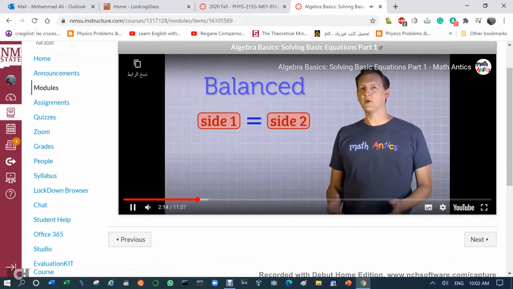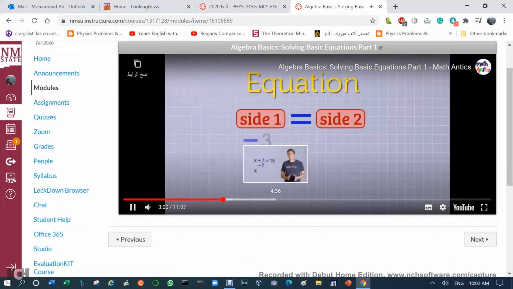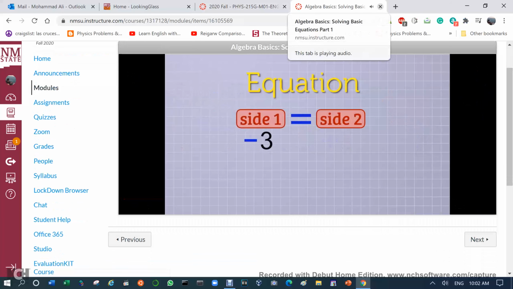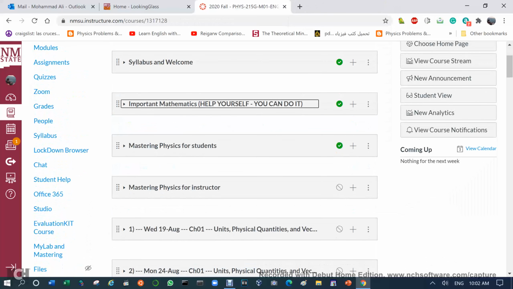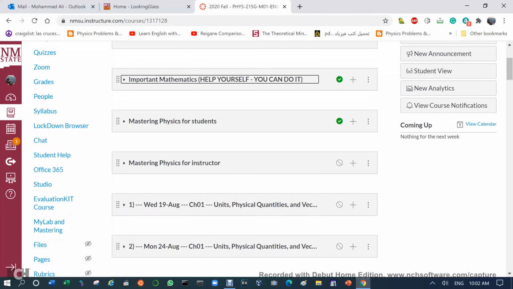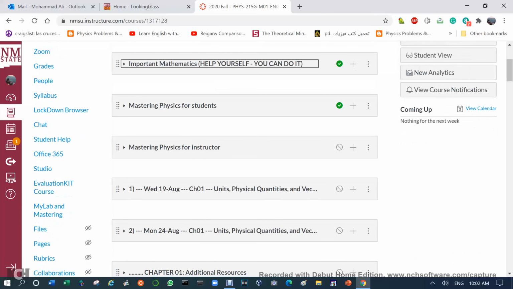balanced, because if we want to subtract something from one side of an equation, then we have to subtract that same thing from the other. Like that. It is important to be sure that you have the mathematical tools, and we will deal with them during the lectures, and I will explain everything before the lecture so you can understand it. Also here you have